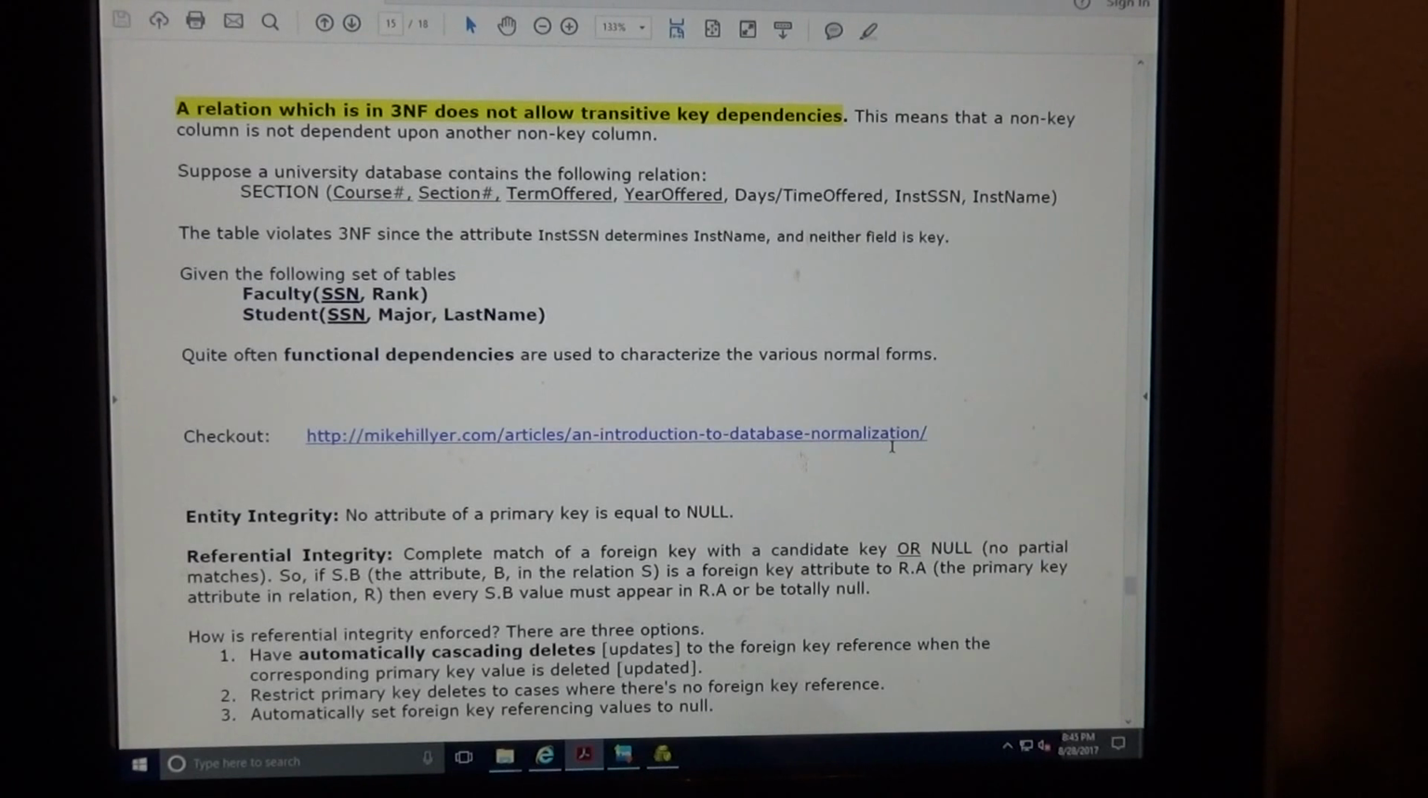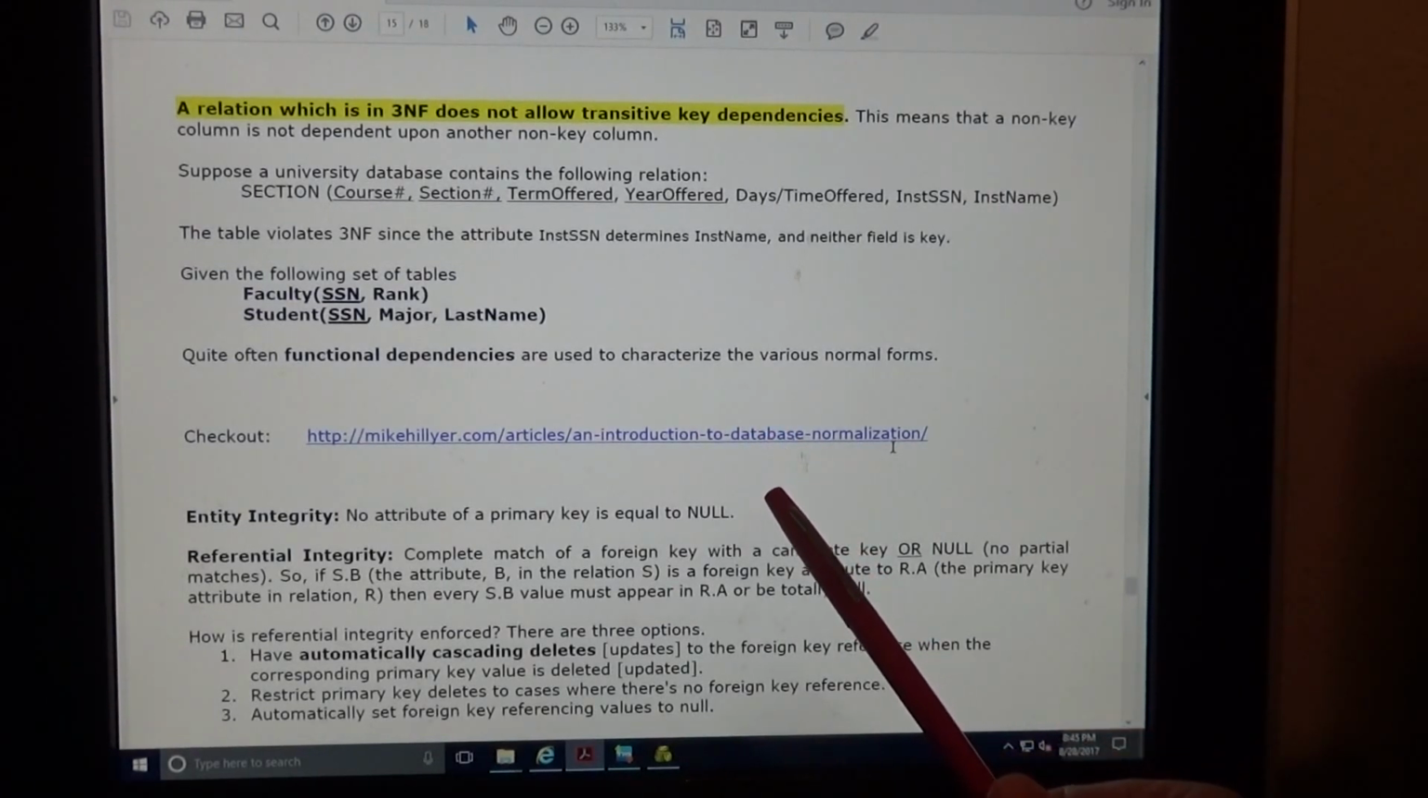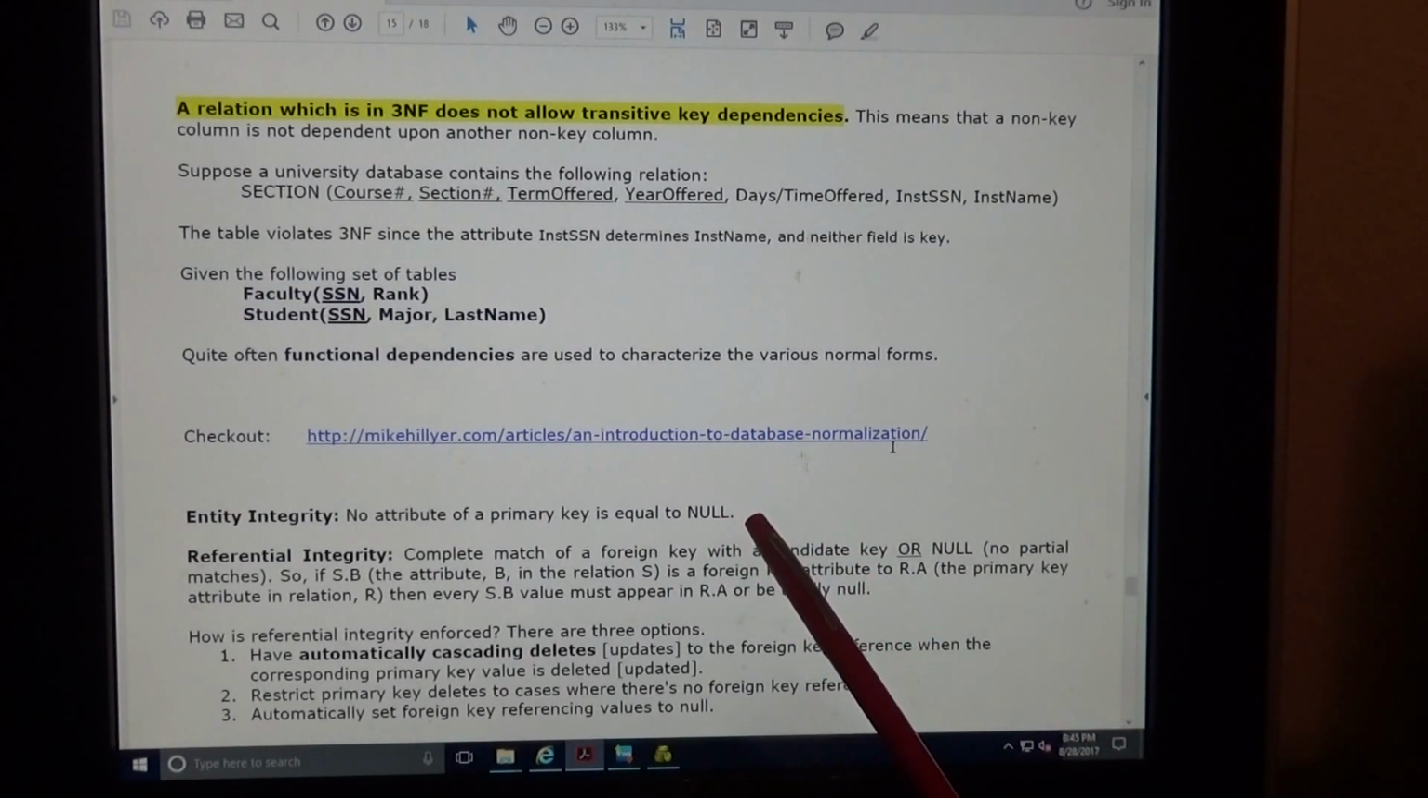A couple other things. One is what's called entity integrity. And what that means is no attribute of a primary key can be a null value. Another one is what's called referential integrity. And basically, if we have a foreign key